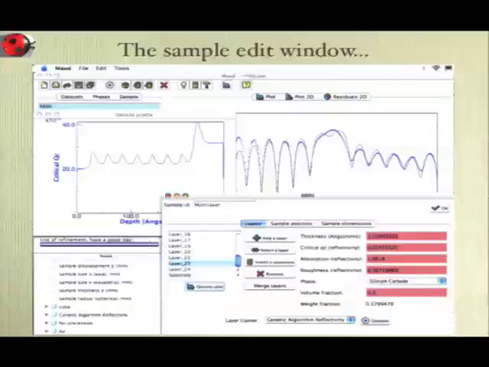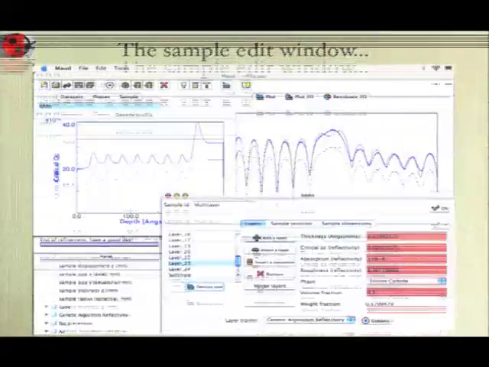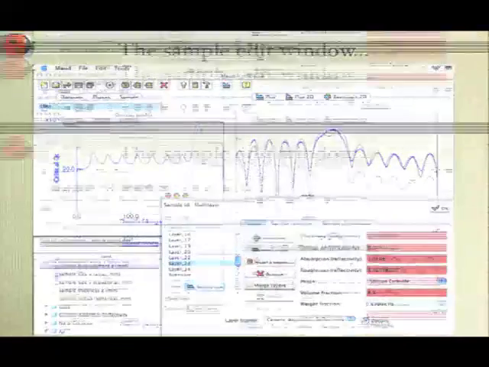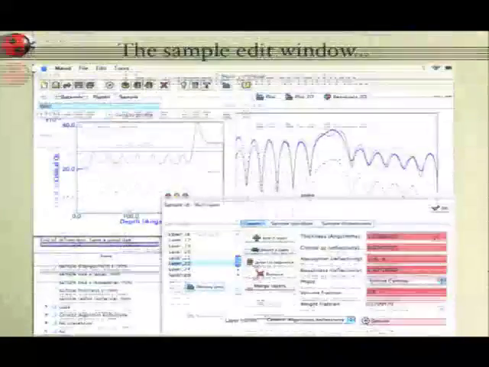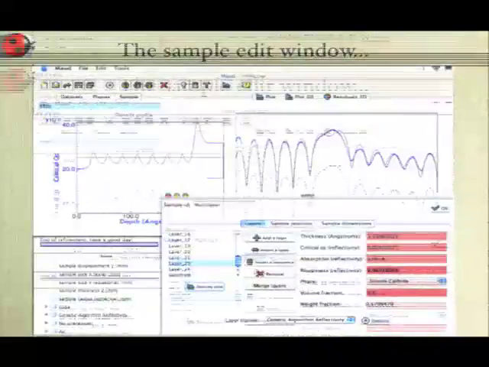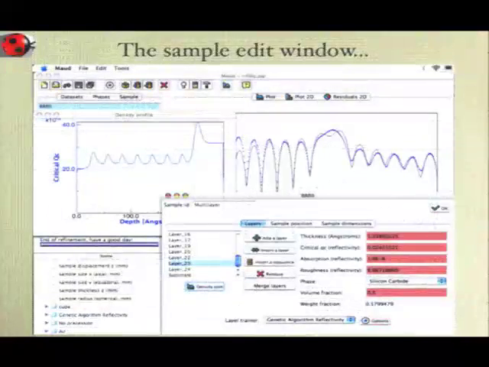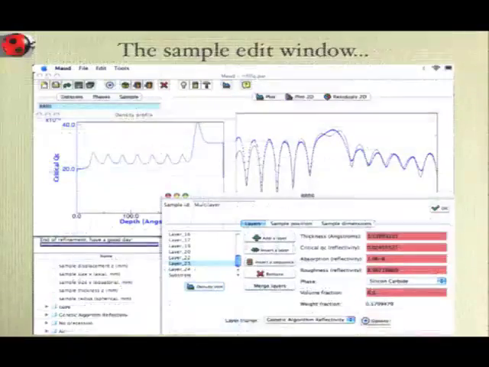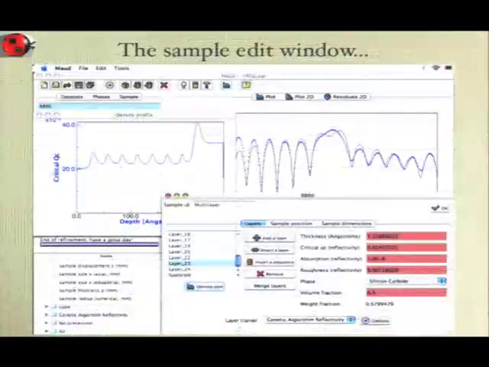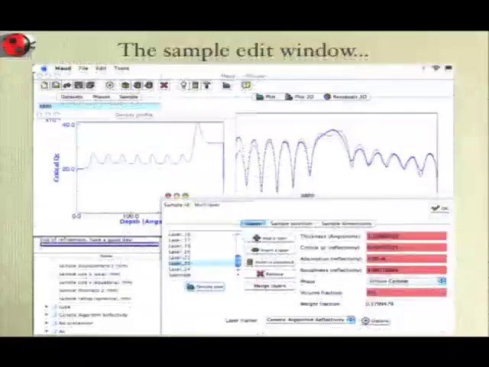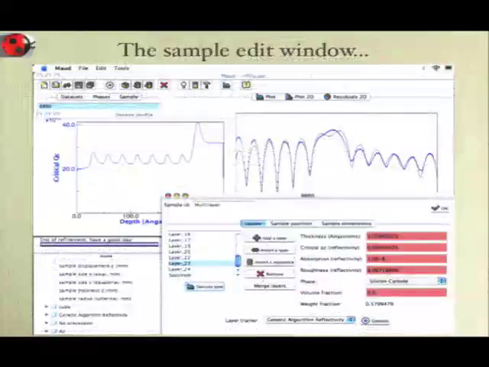Here is the sample editing window in which you can put as many layers as you like. Here was a multi-layered sample, okay? There we are plotting the critical QC, just because people in reflectivity prefer to plot the critical QC, but it's just like plotting the electron density, okay? Along your depth inside the sample. And so you see, this was a sequence repeated several times, so you see the change in the electron